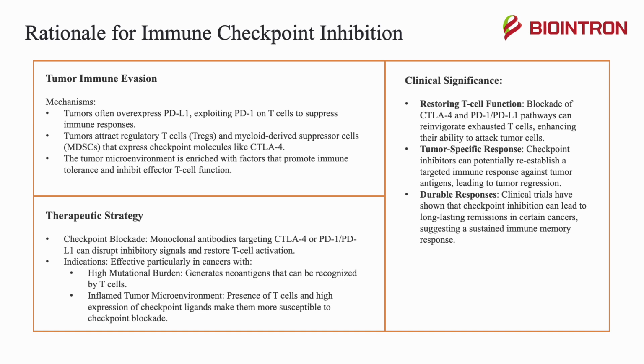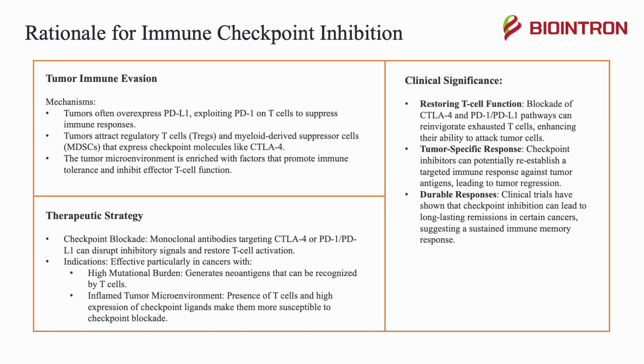There are several ways to stop this, including restoring T cell function, where blockade of CTLA-4 and PD-1/PD-L1 pathways can reinvigorate exhausted T cells, enhancing their ability to attack tumor cells, or tumor-specific responses, where checkpoint inhibitors can potentially re-establish a targeted immune response against tumor antigens, leading to tumor regression. Clinical trials have also shown that checkpoint inhibition can lead to long-lasting remissions in certain cancers, suggesting a sustained immune